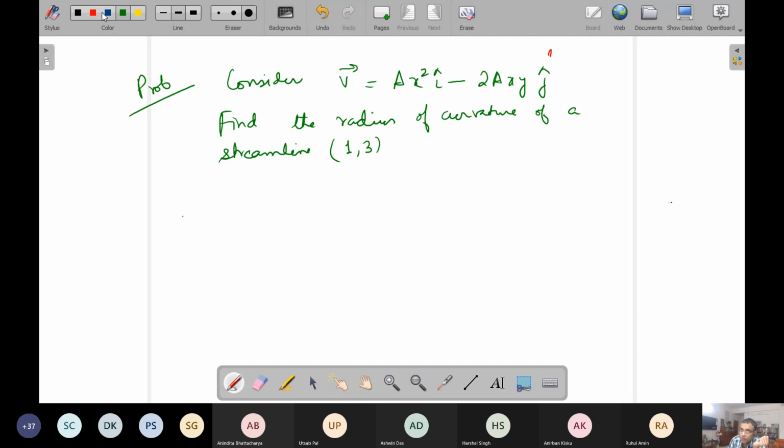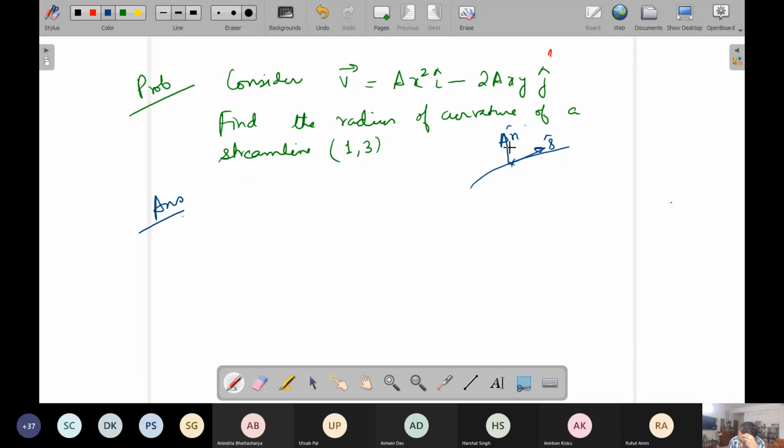So let us solve this problem very meticulously. Apparently simple problem, but if you do not solve it meticulously, you will get lost. So imagine that you have a streamline like this, which has local S and local N. These are called streamwise and cross-streamwise coordinates.